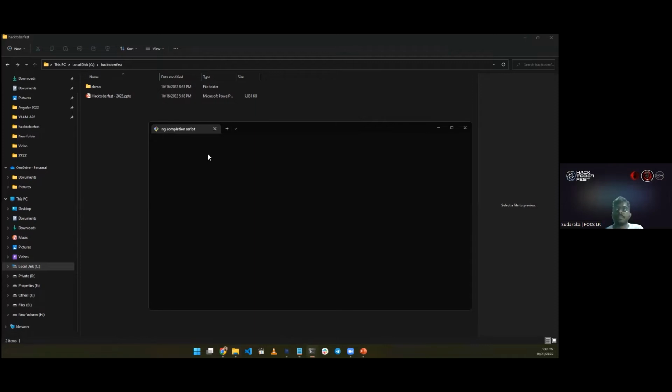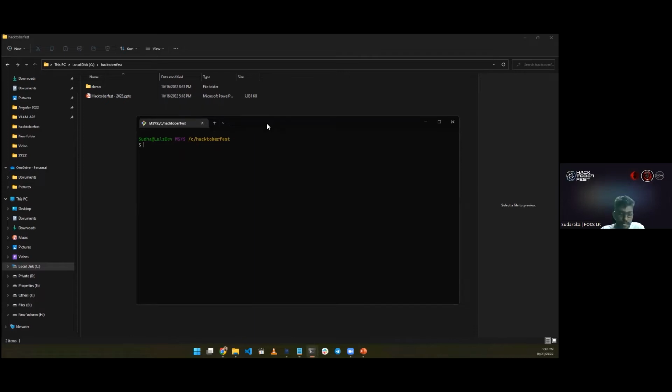Right, so I'm going to type git. I need to clone, so I type git clone, and the link I copied from GitHub. This is the command you need to use in order to get the copy of the repository. So I'm going to hit enter.